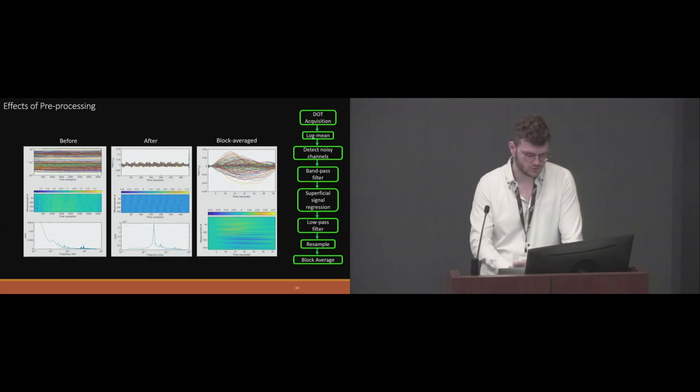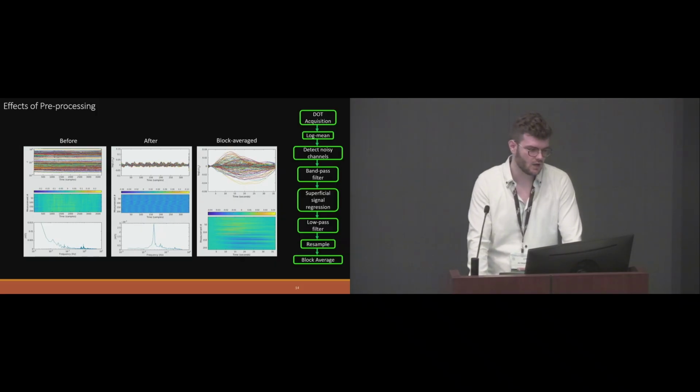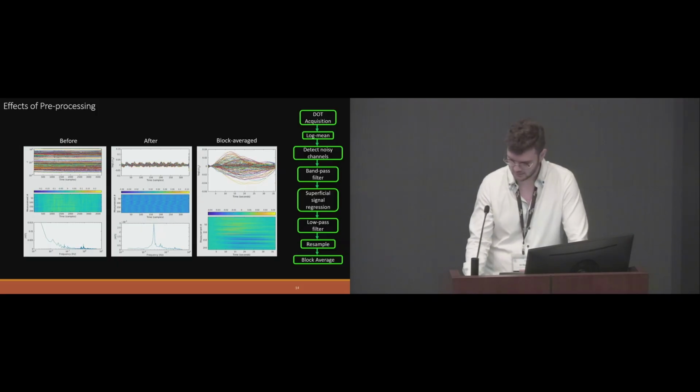Now we can go into our effects of pre-processing. So here on the left, we have our raw data before any processing has occurred. We also have an image SC plot of the same raw data on the top, and then a Fourier spectrum at the bottom where we can see pulse peaks over at,